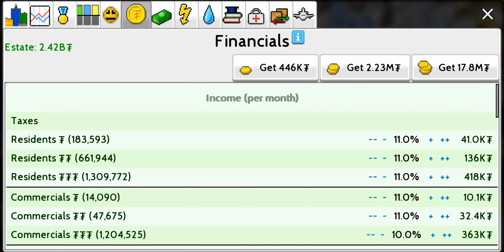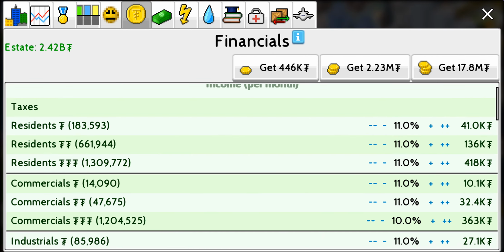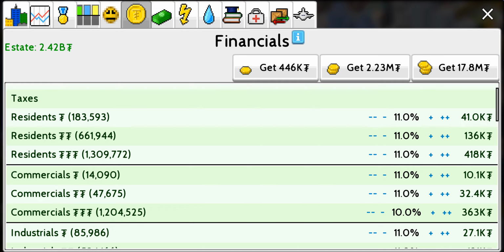So we're gonna start with taxation, which is literally the most important thing in this game for me, for the person who wants to see the economy behind something. So this is the residential, the first, the second, and the third, which are placed according to the rank and how much people make. What you can see here is that the richest people actually bring to the government more than